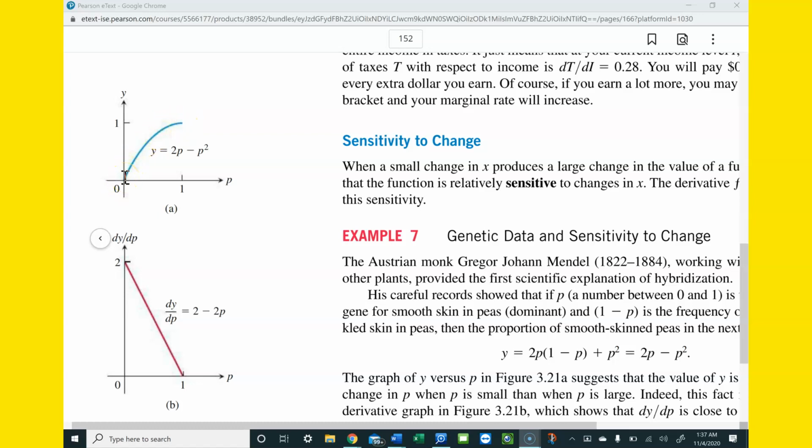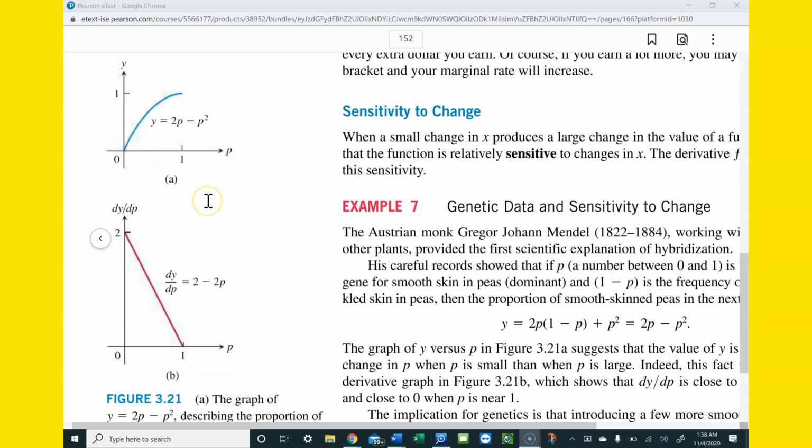So if you change p by a little bit, in other words, if you introduce a few more smooth-skinned peas into that garden or whatever, just a few more at the very beginning, it's going to make a dramatic impact. It's going to go up by a lot because you're increasing that proportion. But if you got mostly, like over here, a value of 1 would mean it would be all smooth skin. But over here, this almost would mean there would be almost no smooth skin peas. So if you got almost all smooth skin peas over here, introducing a few more is not going to change